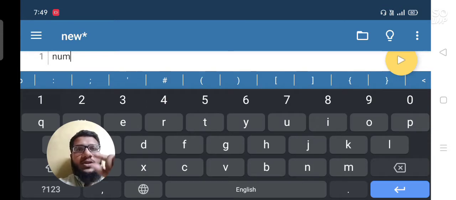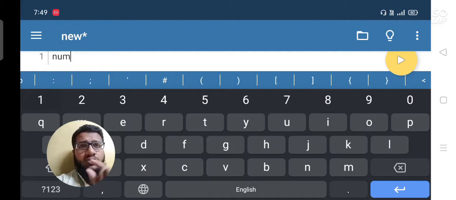This num is just a bucket or a cup or a container where you can keep values. For example, in your bucket you keep water, in a cup you keep tea or coffee. So these are all values, things which you keep inside a particular object.